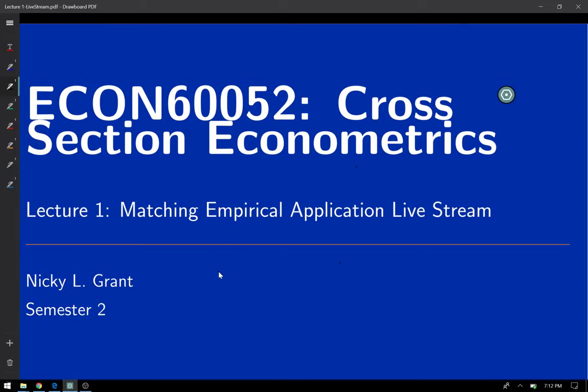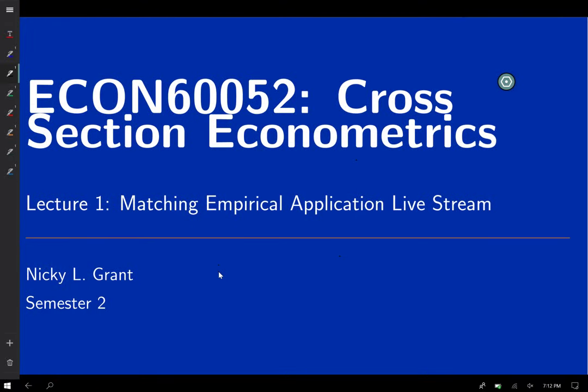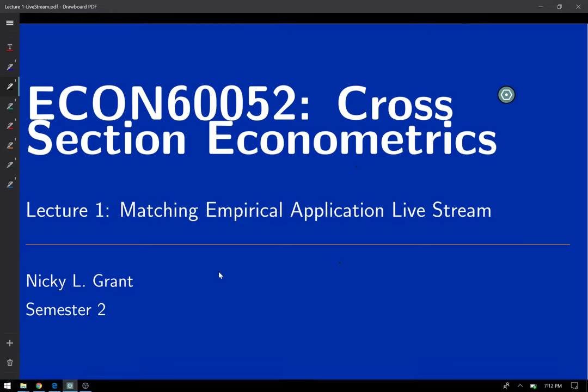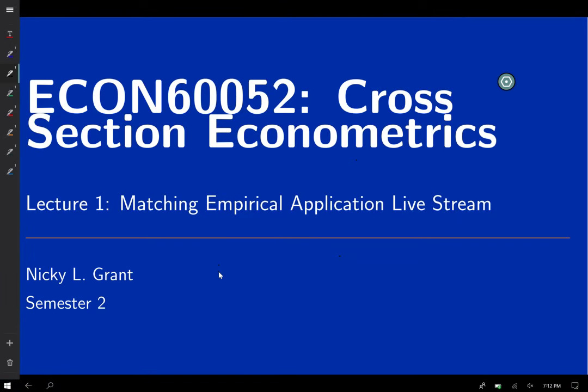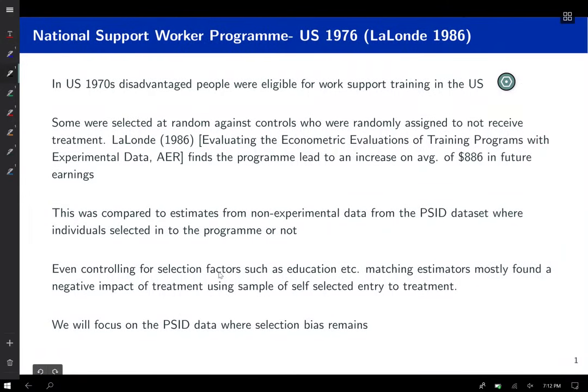We're going to apply some of the techniques of matching and estimation that we looked at in the first lecture to a very famous data set. So if you've got the notes there with you. Okay, so the paper here is by Lalonde 1986, and it uses some experimental and other data in the 1970s